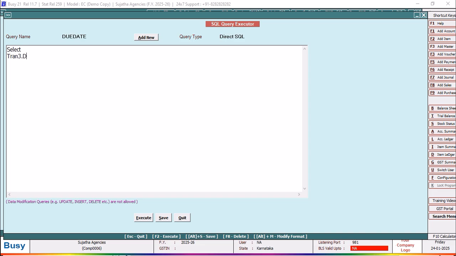you can even mention DR or CR along with the amount. Now tran3 dot due date from tran3, where tran3 dot voucher type is equal to 9. Now if we run this query, we will get due date automatically. Here where t3 dot voucher code is equal to at the rate voucher code at the rate, that will pick the actual due date from the current invoice, which is going to be printed, where t3 dot master code 1 is equal to